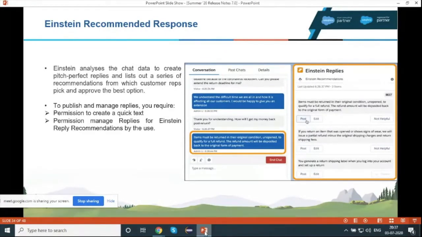Let's move to the next slide. Okay, let's move to the Service Cloud features. Here is the first update, that is Einstein recommended responses.